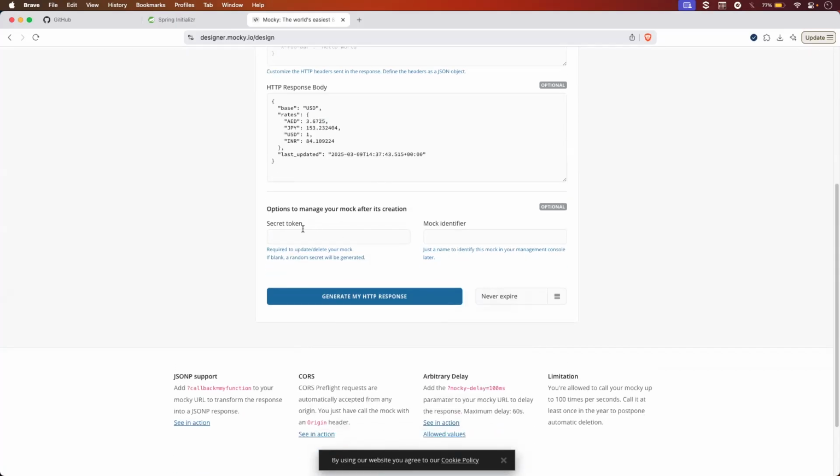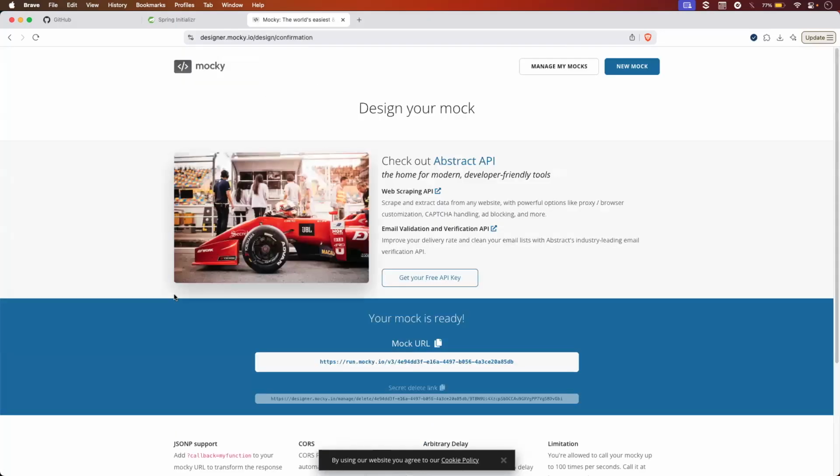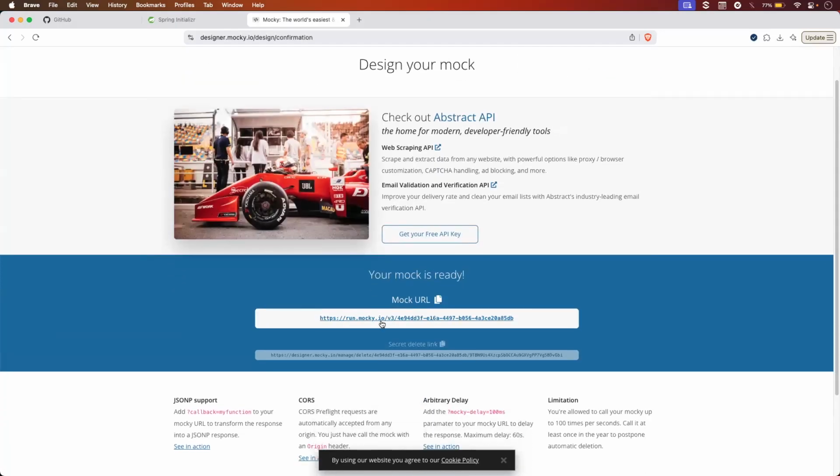We are not going to use any security token or modifier. Let's generate this HTTP response. Okay, so this is our mock URL. So let's go back into the project,